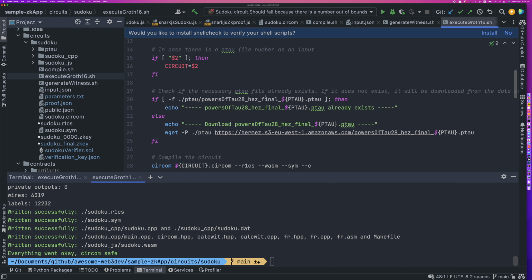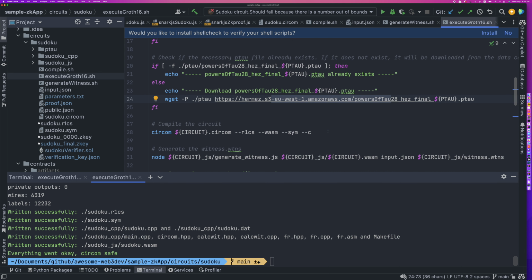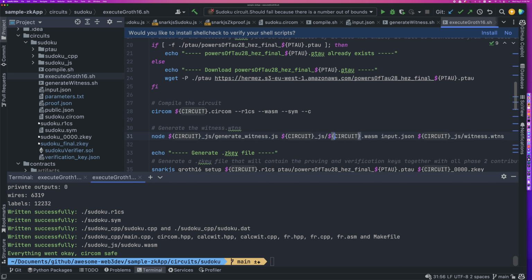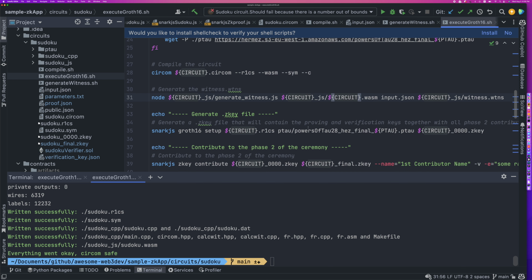You download the initial trusted setup from this link. This link is provided from the Jetcache. Then it compiles the circuit again and does witness.wtns, which we have done already. It's the same logic. Then it generates